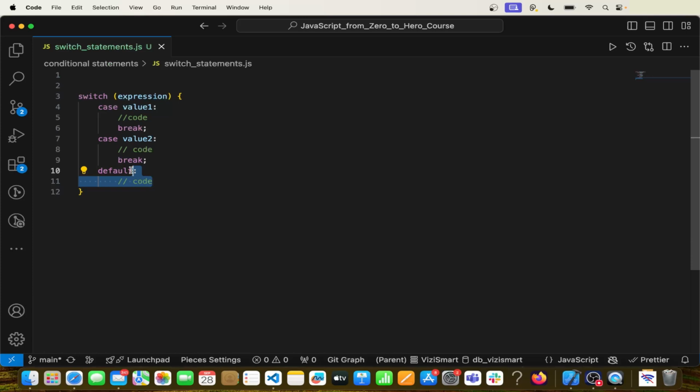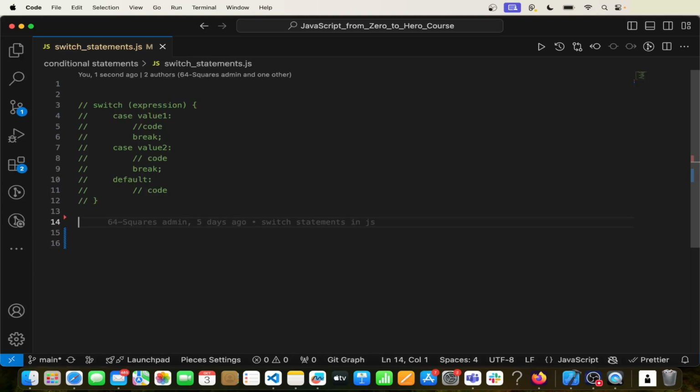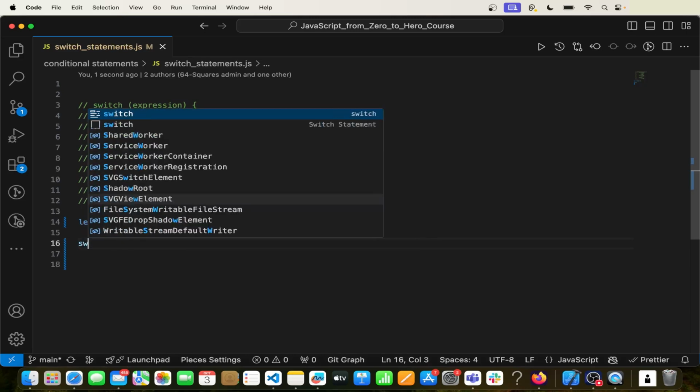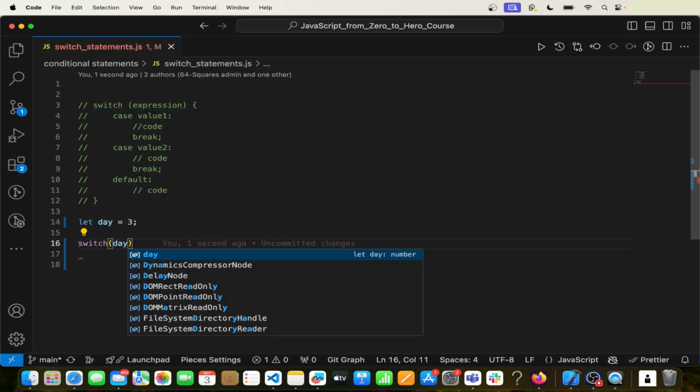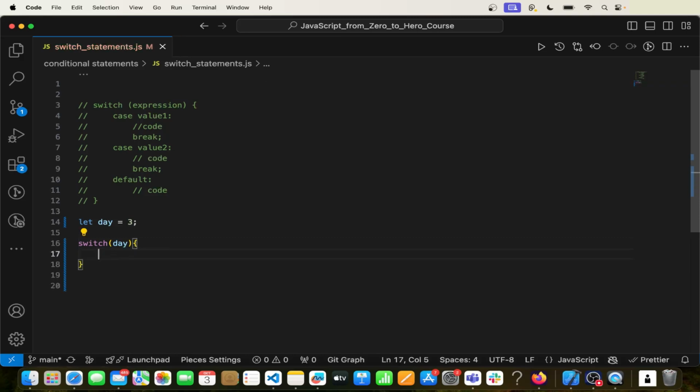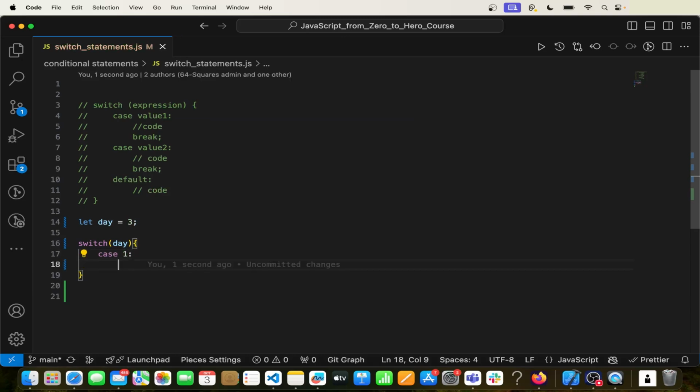Now let's see switch statements in action. So first, let's comment this code. Now here I am defining a new variable with the let keyword. So let day equals 3. Now let's write the switch statement. So switch, and it will take the day variable as an expression. Now let's write our case 1. So case 1, then